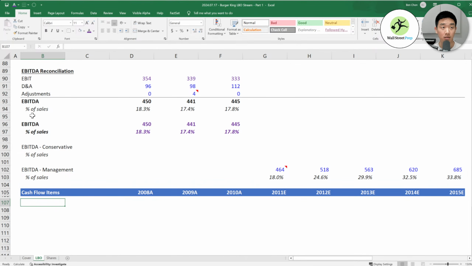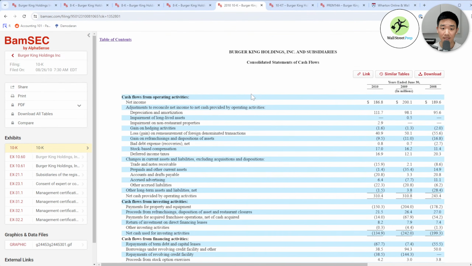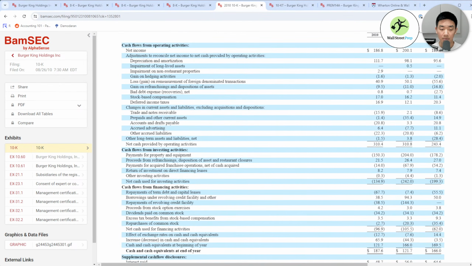And what we're going to need are three things, which is our net working capital, and then our D&A and our CapEx, right? And we're going to do each of these a little bit differently. I know we are right now doing EBITDA, but I'm going to start with our net working capital and then do our D&A and CapEx. So we're going to need these historicals again. If we go to our 10-K, the company gives us everything we need, right?